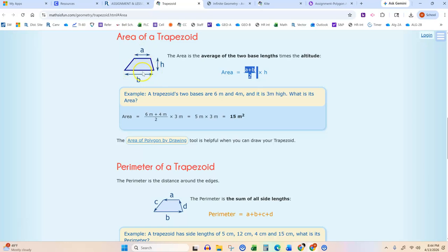We want the parallel sides, so that's going to be A and B. Those are considered the bases. The parallel sides are the bases. Okay, and then times the altitude, that's another word for height. Height and altitude mean the same thing. So we need whatever the height is from this line to this line vertically. And then we're going to go A plus B, divided by 2, times the height. Okay, so let's go ahead and apply that